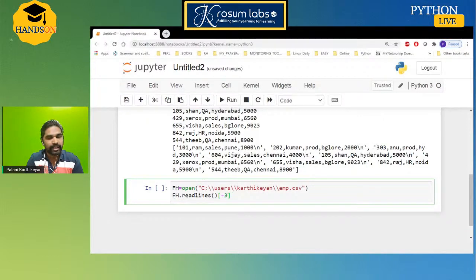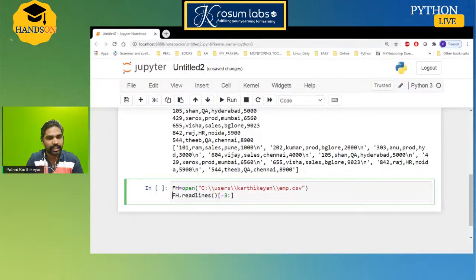If you put -3, bottom to top, third index, I'm not using that individual index, I'm using slicing. It's like the Linux command line way, the tail command. If you don't know Linux, leave it. I just want to compare with Linux system users, if you're reading one CSV file like this on a Linux machine. So all this filtering, top to bottom, bottom to top, middle portion, we can achieve with the help of this